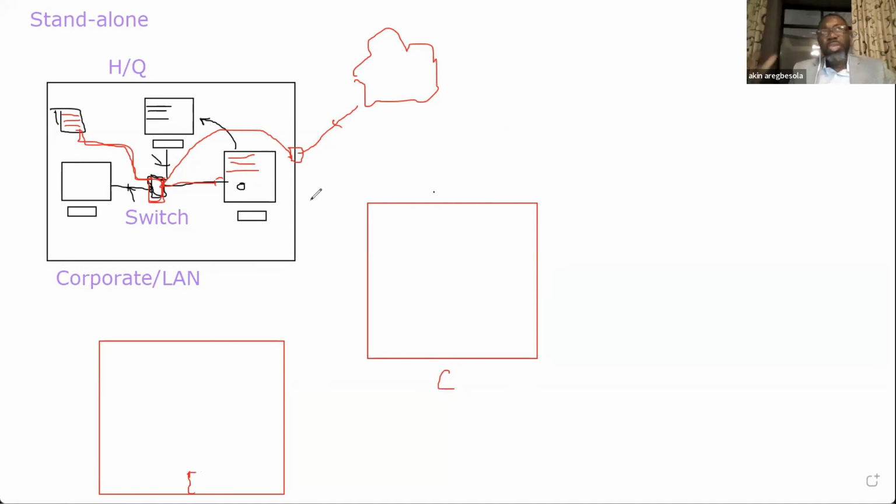In order for the head office to connect with the branches, so that when a customer withdraws money here, for example, all of the branches of the bank are aware, and that same customer cannot come here and withdraw that same money. So that is networking. Once something happens here, everybody is aware. The resources are shared. So it is the same database. Let us assume that the database is here at the head office. The database is a list of customers, how much they have in the account, and all of that. So once there is a withdrawal at this branch office, this corporate office is aware, this corporate office is aware, everyone is aware. So for that to